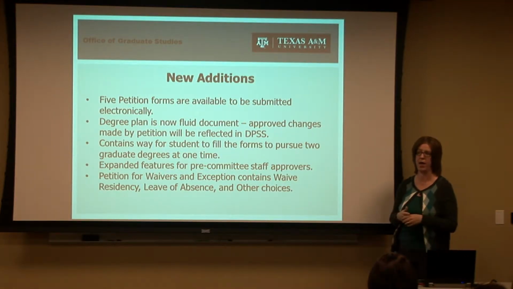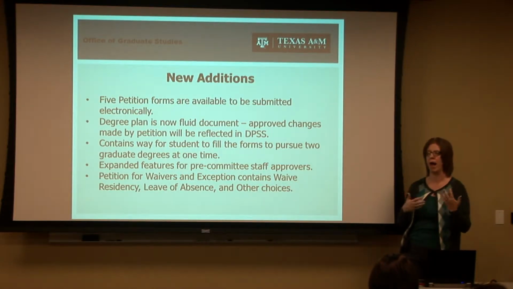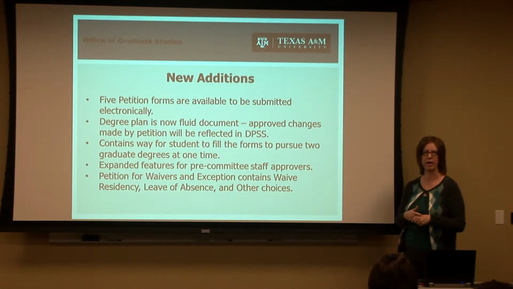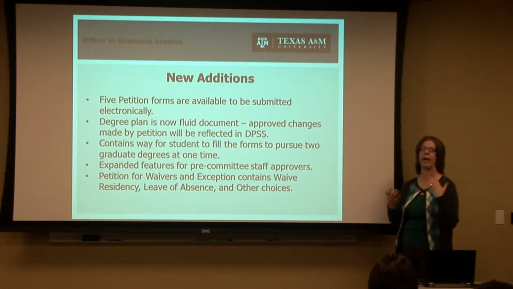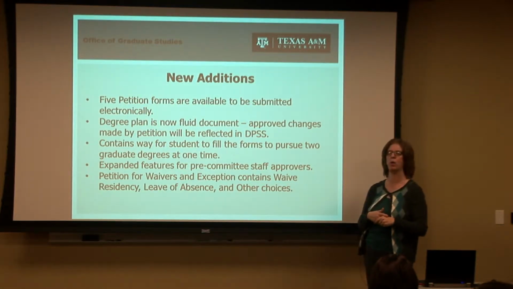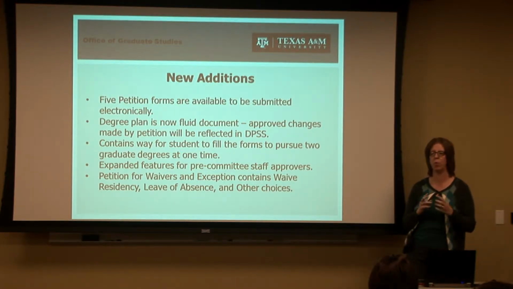We're excited about that because we think it's going to help them have more information about what their degree plan looks like, and exactly what changes they have made or may still need to make. The new system also contains a way for students to pursue more than one degree